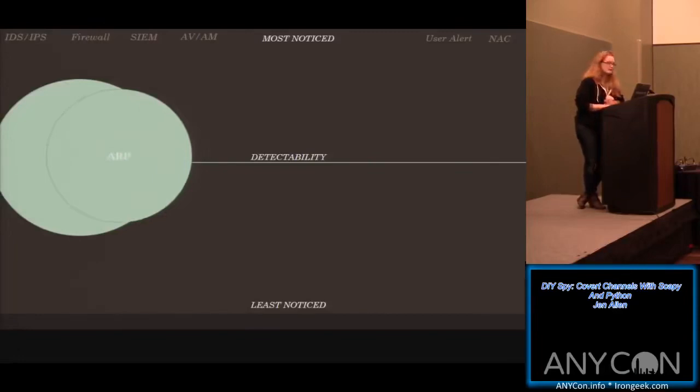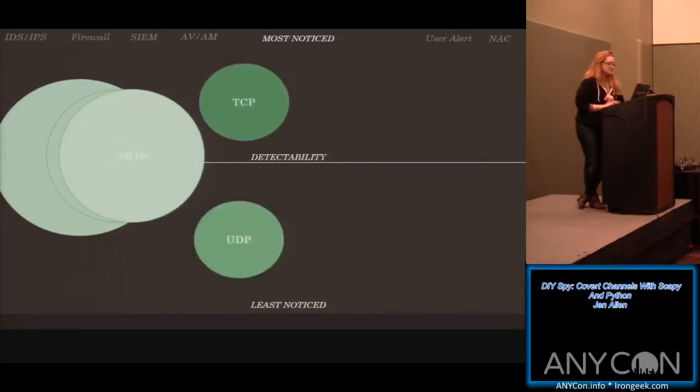We see a lot of Ethernet on an average network. We're probably going to see a lot of ARP. We're definitely going to see a lot of IP protocol. Most everything on layer 3 you're going to see is IP. Then we'll start to see a divergence. What I find is that the network admins and network engineers who understand network protocols will know to look for UDP. However, unfortunately, a lot of folks, it's not even on their radar. So a lot of hacking tools out there attack using UDP as a transit medium. TCP is definitely above board. That's going to be noticed.